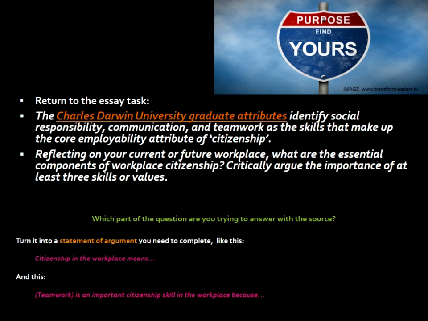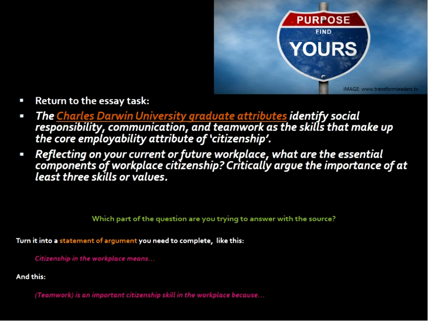But you might be doing something in remote education and find that organizational citizenship behavior isn't as relevant as another definition of citizenship, which might be more community-based. So you can define it within the parameters of what you've researched and found out as the best definition that suits your